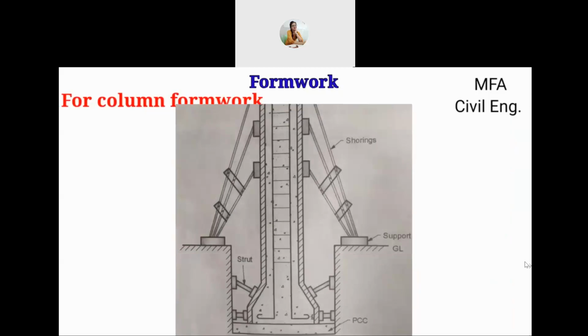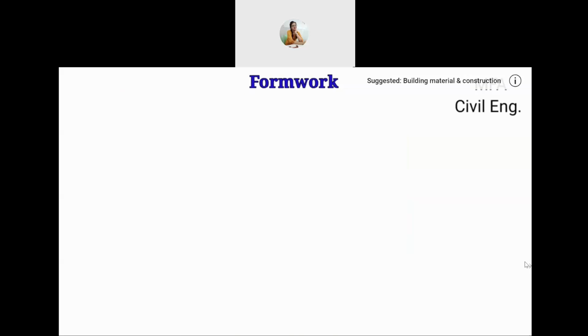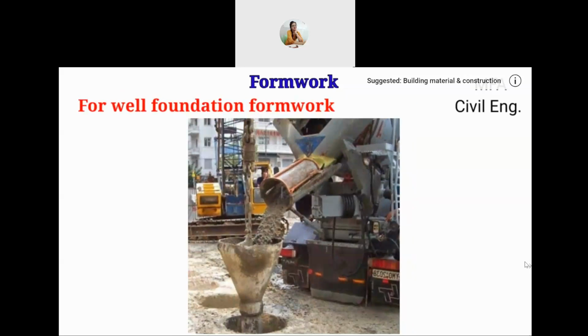For column formwork, the planks are built to form a vertical mold of the column, and the planks are supported by shoring. The foundation of a column is supported by formwork in the pit dug for that purpose. For well foundation formwork, for placing concrete in a well type foundation or for a large diameter concrete pile,